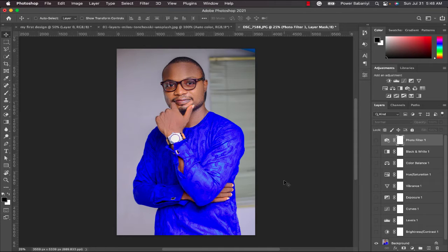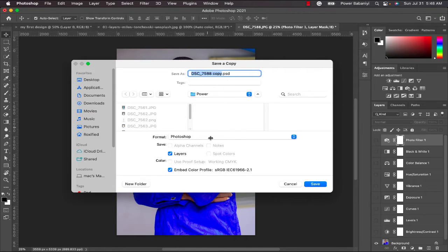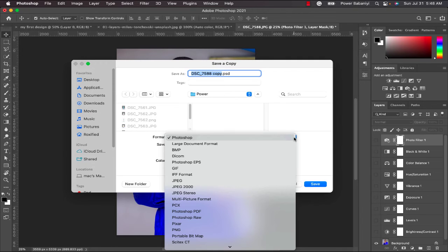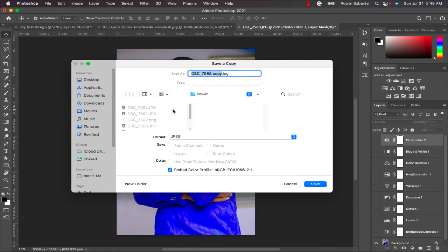So let me come and click on, for me, I'll click on Save As, Save a Copy. But for you, on your file format, after where you put the name, when you click on it you see all the file formats. Now, usually JPEG is a good way, GIF is a good way, PNG, but you either use PNG or JPEG. So you click on JPEG and